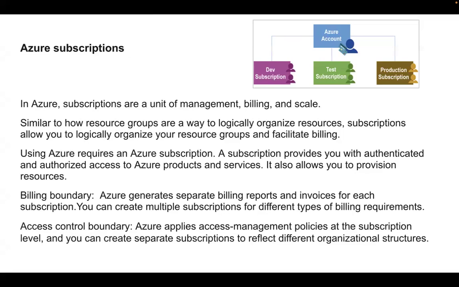We'll cover that. Next is a billing boundary. A subscription has a billing boundary. Inside the subscription, for all the resources that are there, you get the billing and you get the invoices. Then there is an access control boundary. You give access to someone at the subscription level, and for all the resources under it, you get the full access, or whatever access you have given at the subscription